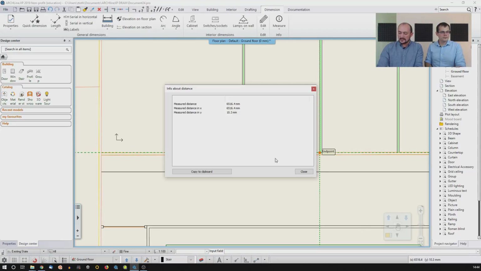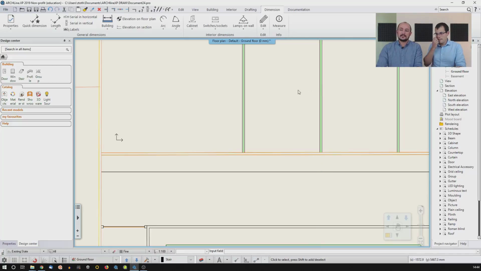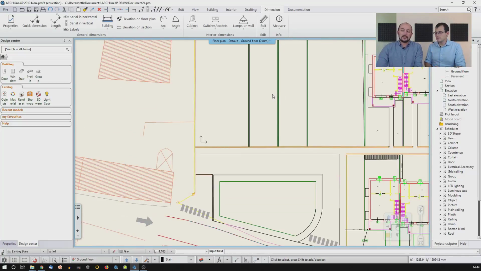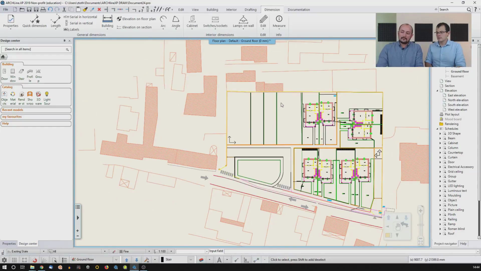Now we are in millimeters, so that's why we see those values appearing like that. Yes, I think it's okay, so I will go with this. Should be fine. But if it wouldn't be okay, it would be, I don't know, a little bit smaller or larger, I can either rescale it or I can also re-import it using a different value. Now, when I would like to merge this together with another drawing, because these are actually only the lands that I'm about to design my buildings on,